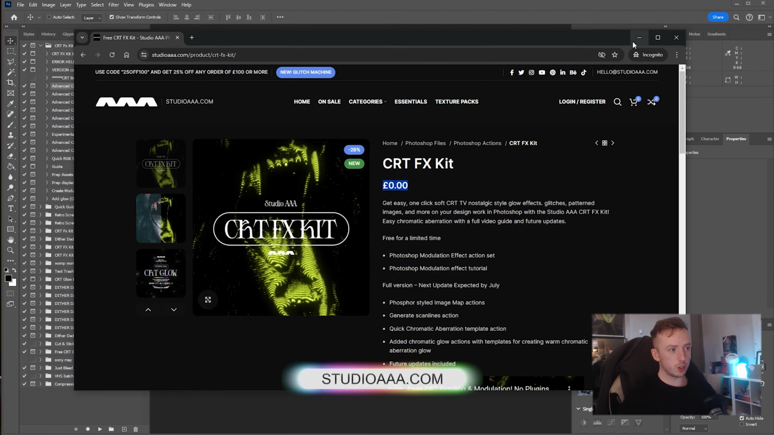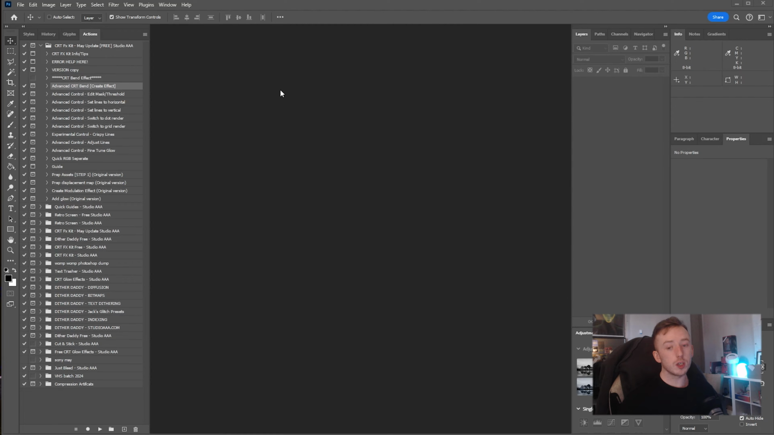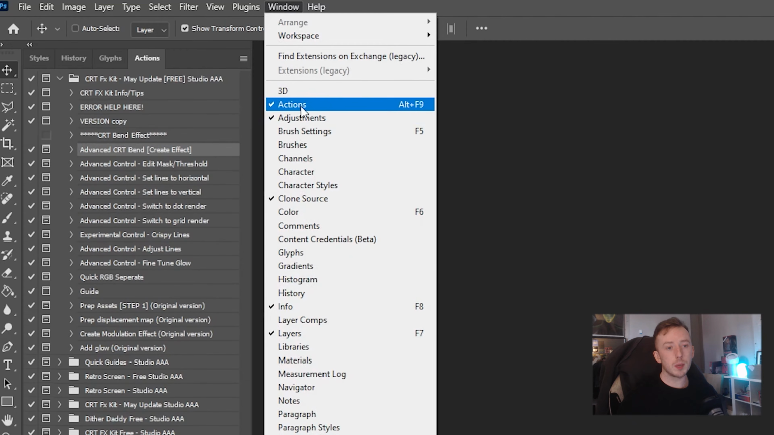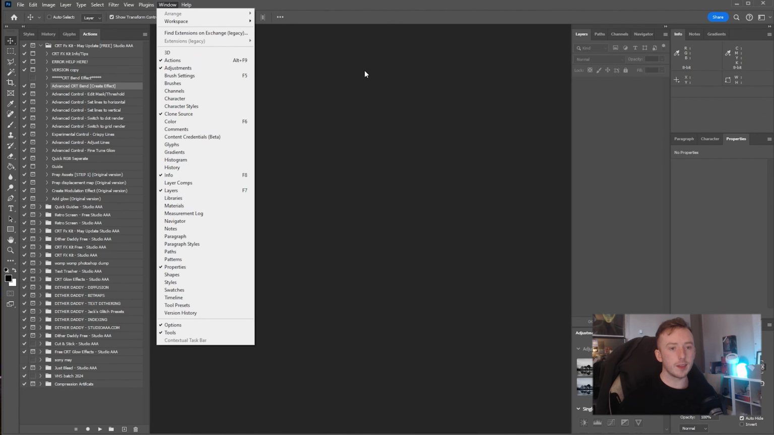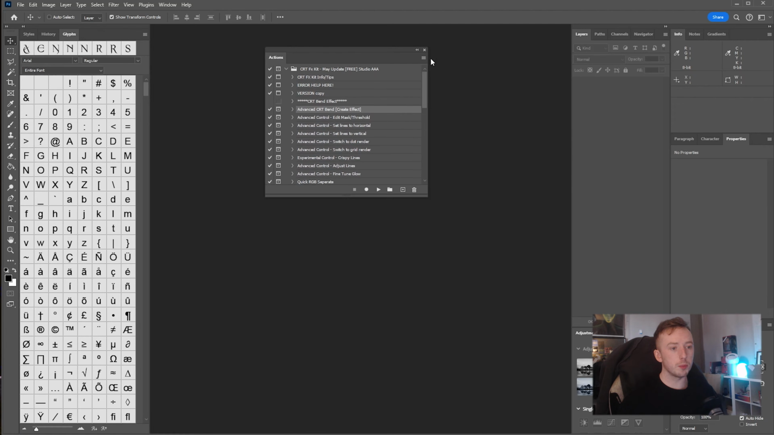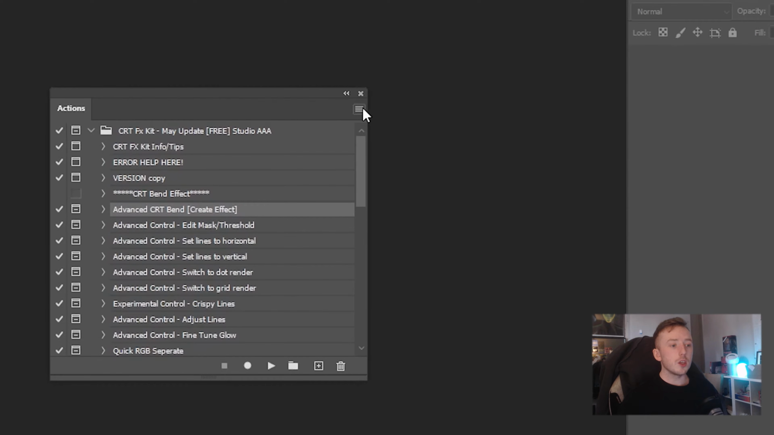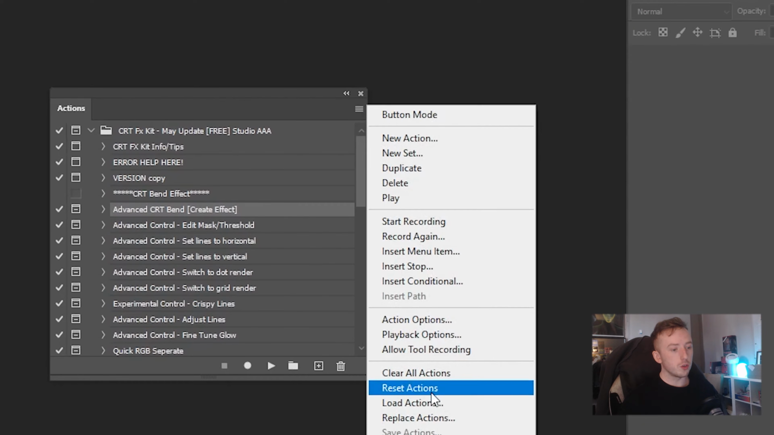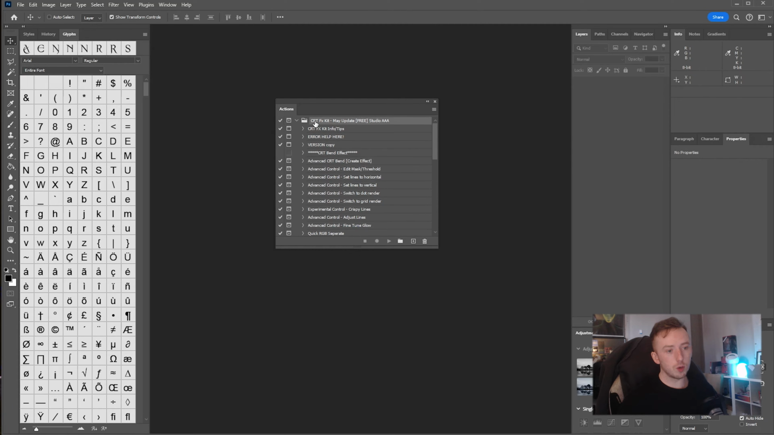You only need the free version, and once you have that downloaded, you can install the ATN file by double clicking it with Photoshop open, or you can go to Window and just make sure Actions is ticked, and then you'll get this little panel pop up in your Photoshop's UI. From here, you can just click these 3 dots and go to Load Actions and just navigate to wherever you saved the file on your computer, and it'll pop up with this folder that says CRT Effects Kit May Update